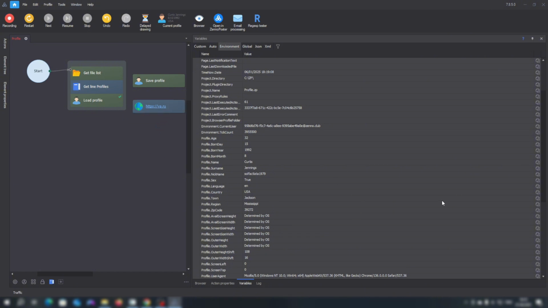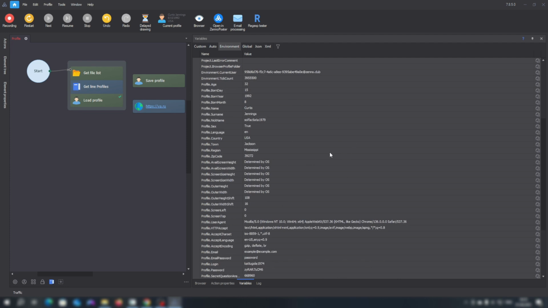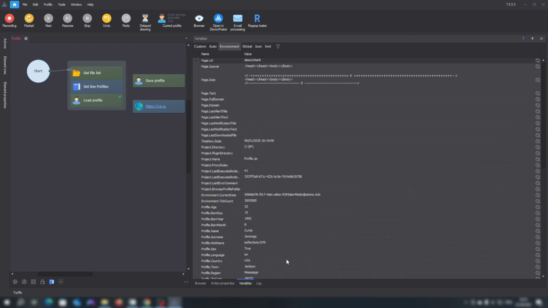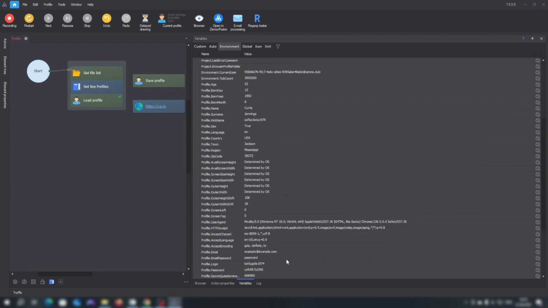Also, we can remove this action and we can overwrite each of these fields, specifically each of these variables: profile name, profile surname, date of birth, month of birth, and so on. We can overwrite each of these values, meaning we can change their values. For example, we can change the name from Curtis to Mike.